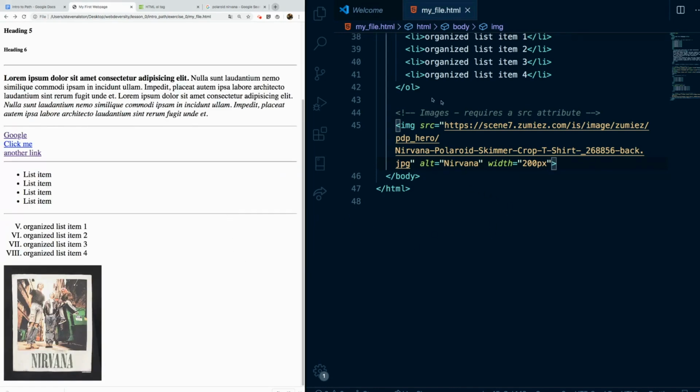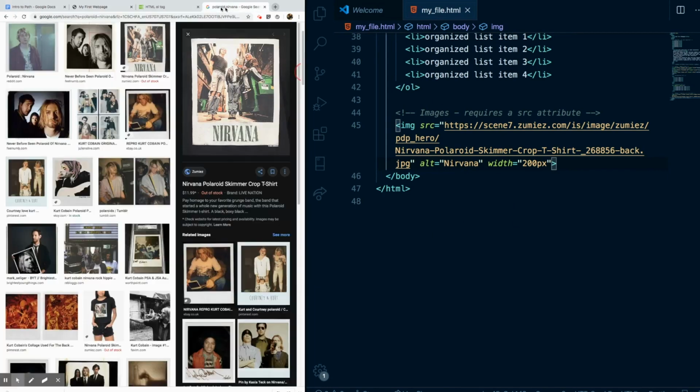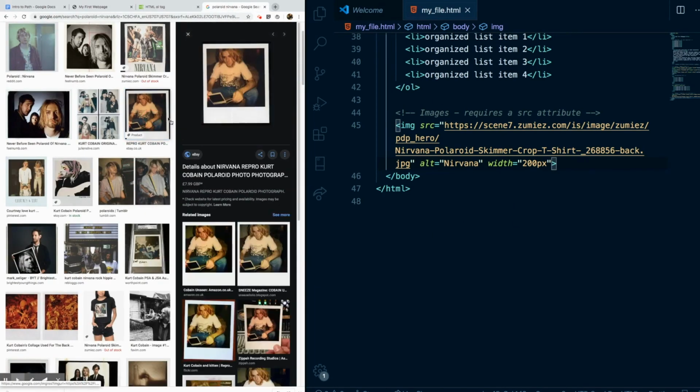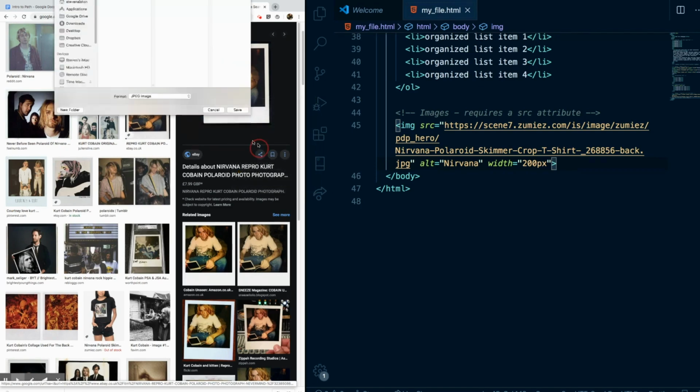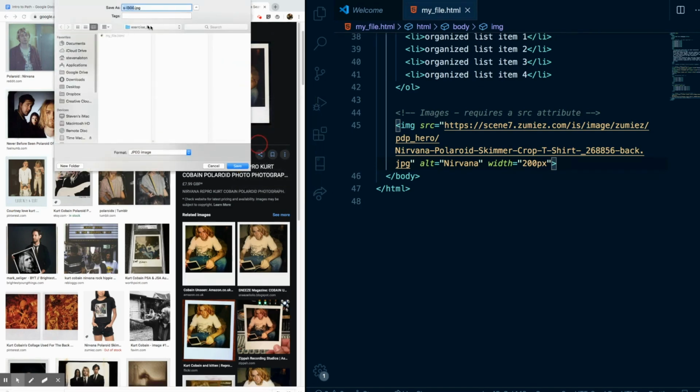All right, so let's go back out here, and I want another image. Let's get this one of Kurt Cobain here. And I say, save image as. Well, first off, here I'm already in my exercise 0, but let's say I'm back at desktop. I need to navigate to my root directory, or that primary folder that I'm using to store my website. And